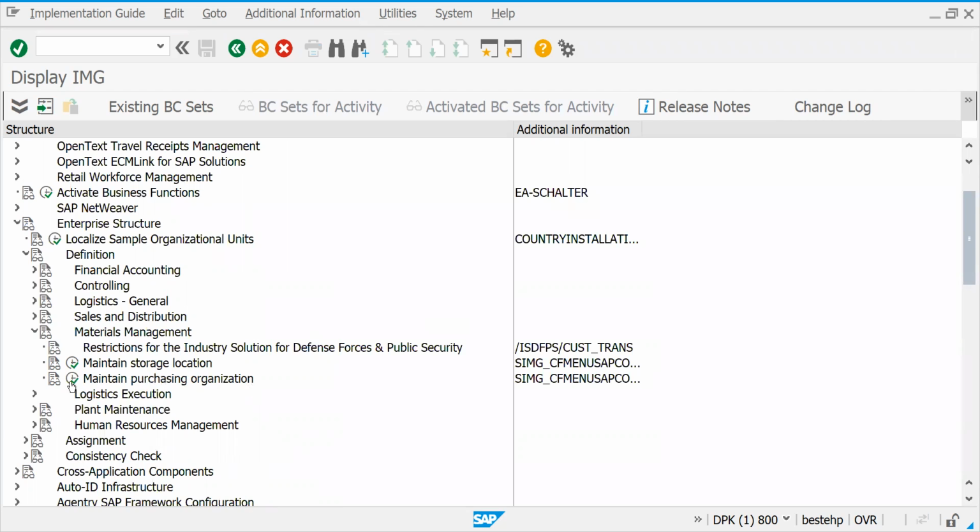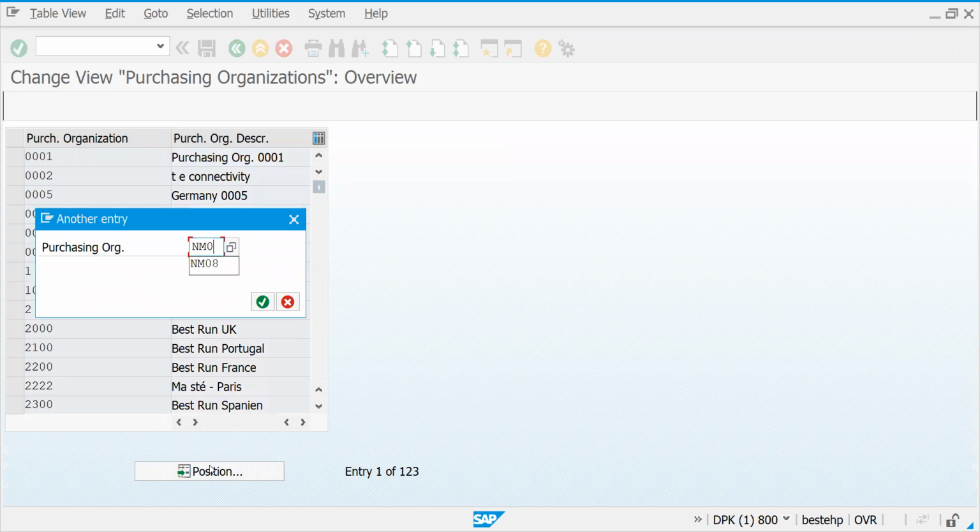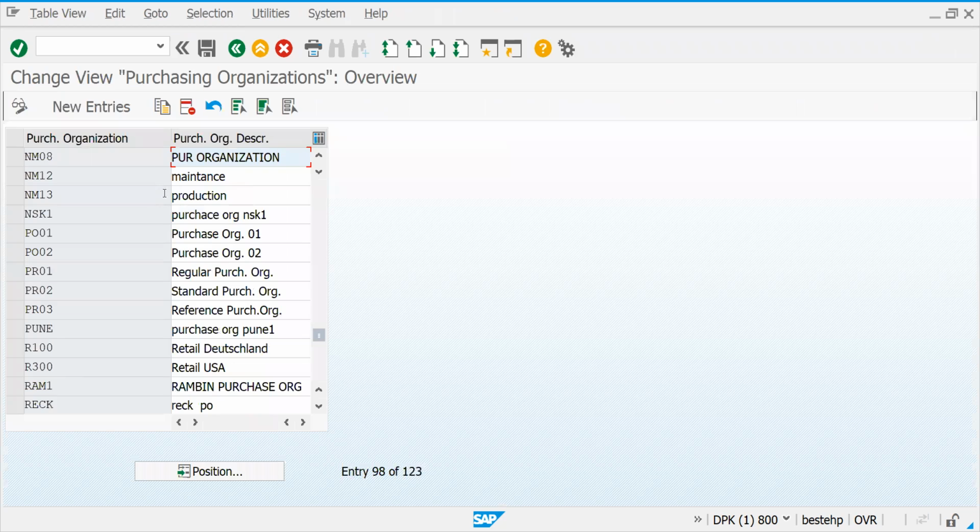Maintain purchasing organization, correct or not? This is done. So here new entries, we already created this NM08. We are giving it here. This is just the purchase organization. Correct or not?